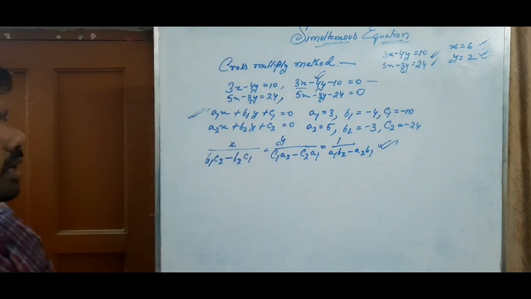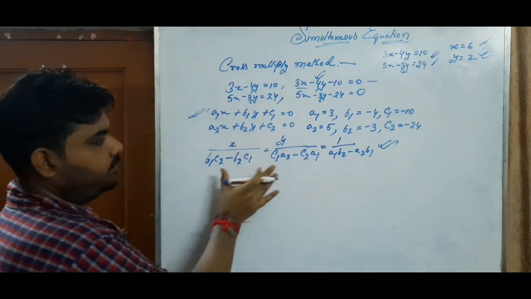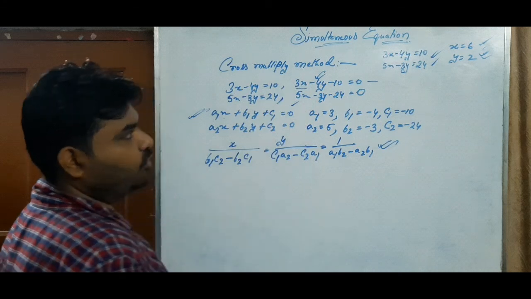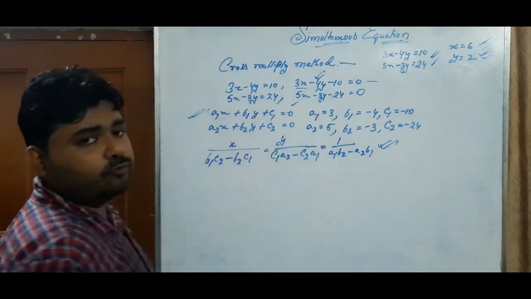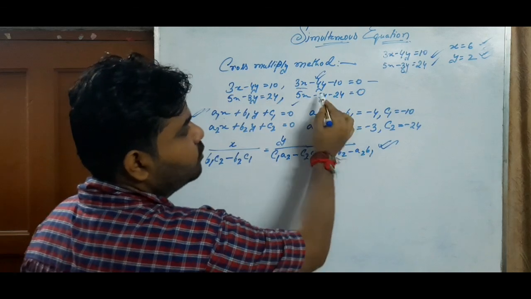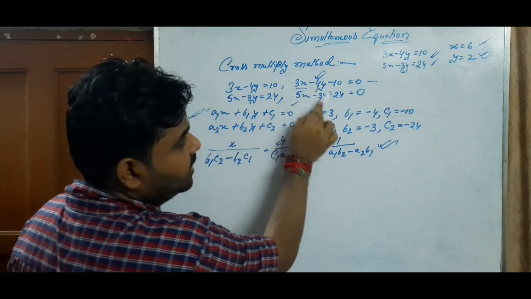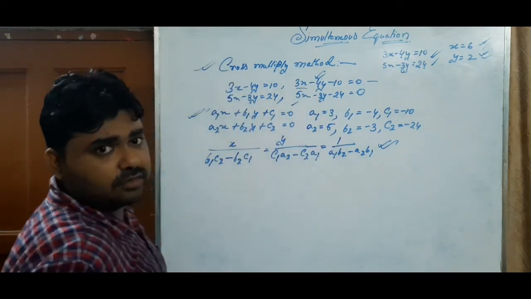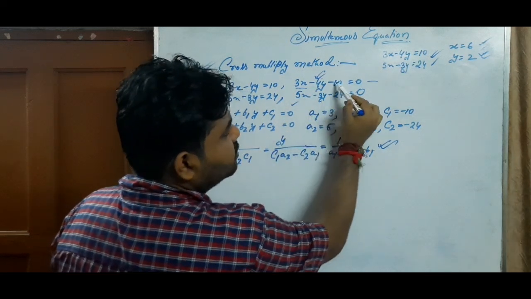Just see, I am repeating again, this is the most important part of the cross multiplication method. Now x, when we are taking x, we are hiding x, we will take the coefficient just next to x. Just next to x means the coefficients of y, that is b1 and b2, and we will start from the top, that is b1 into c2, the cross multiply. This is the cross multiply. This is why the name arises, cross multiplication method. b1 into c2 minus b2 into c1.